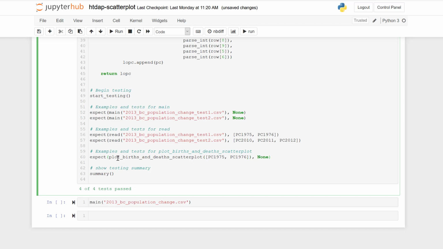Our function should output none. So in both of my tests, I will expect the output to be none. Again, this doesn't help us check that the scatter plot that we create looks the way that we expect it to, but it does allow us to check that we can call our function with the expected input and that it runs without errors, or of course, if it runs with errors, it gives us an opportunity to fix them.